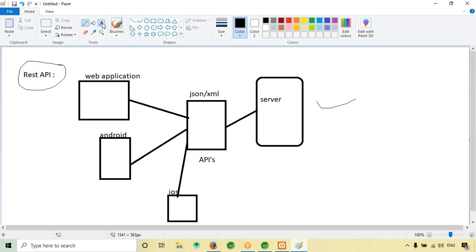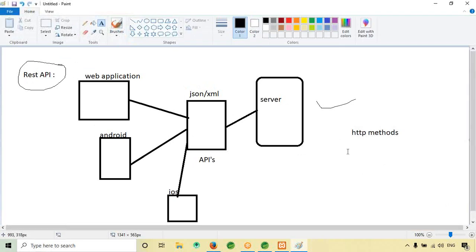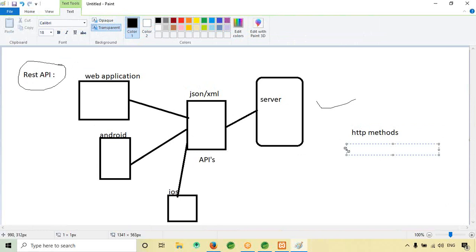In REST API we use HTTP methods such as get, post, put, delete.